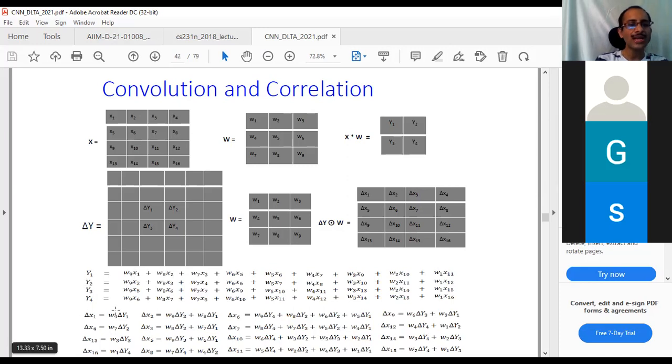So now if I want to write the back propagation, delta X1, it is simply W9 into delta Y1. You got the point? Is this clear or not? For example, just to test whether it is clear, I want to write delta X4. Tell me, how should I write delta X4? Delta X4 is equal to what? I need an answer from you people.